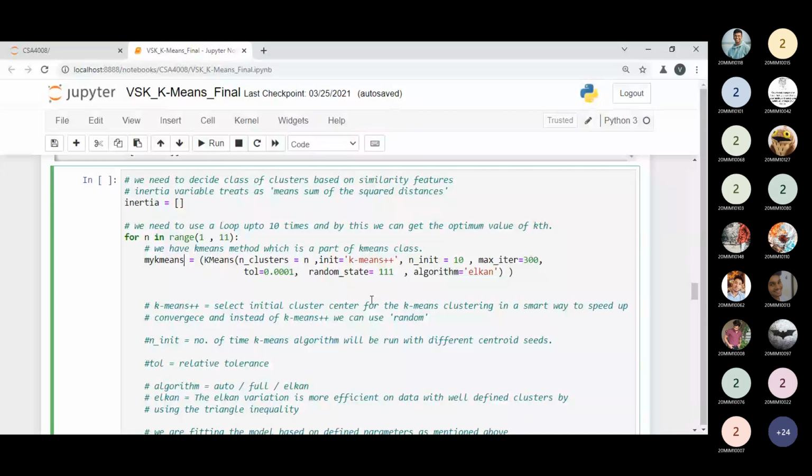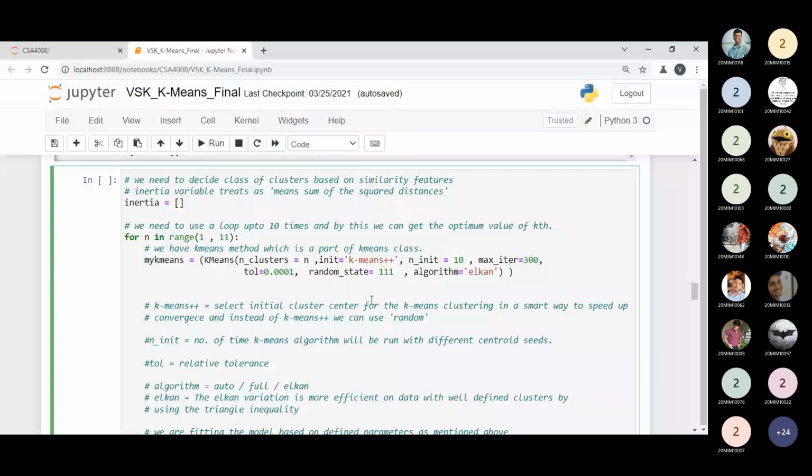If I pass a very small, ignorable value, then if some tolerance occurs, my algorithm will manage it. It is optional, and if you want, you can leave it out, but I'm including it here to understand this point. So I'm passing a relative tolerance value of 0.0001. It is a negligible value. You can use it, or else you can leave it. random_state equal to 111, whatever value you want to take, you can take.